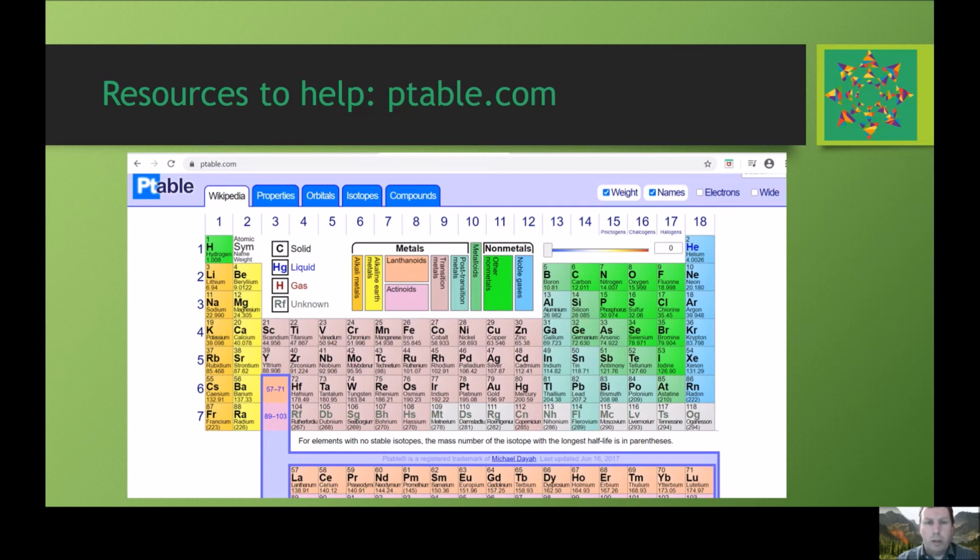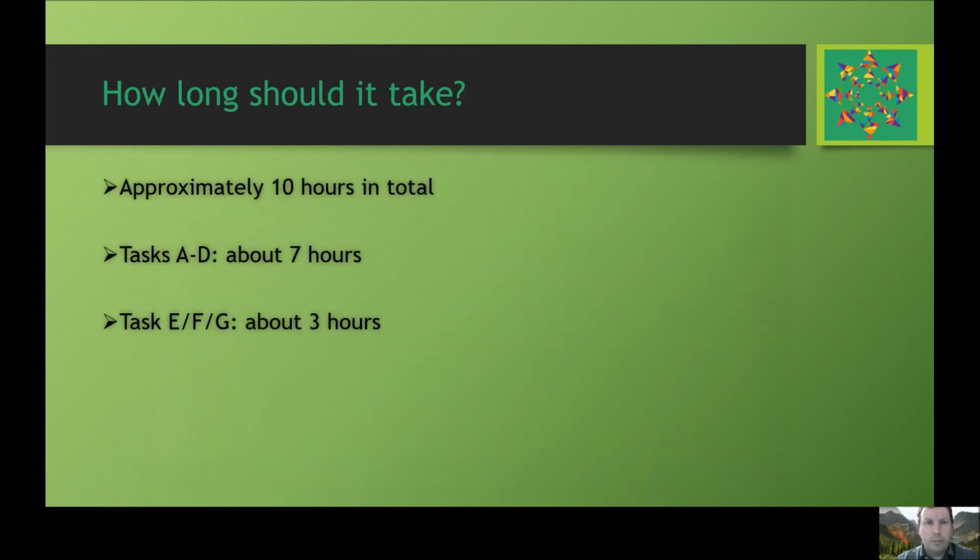So I'd strongly recommend looking at those 2 resources. You'll probably find that the work takes around about 10 hours in total. Obviously, it's going to depend exactly how you do the research and which task you pick, but something like 10